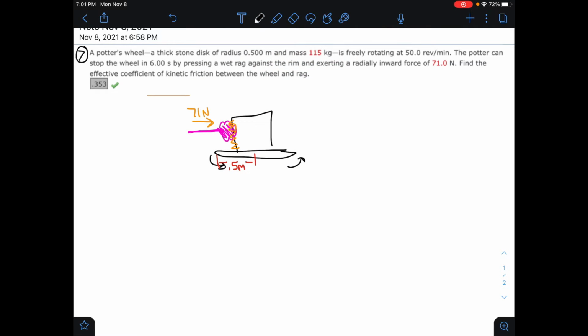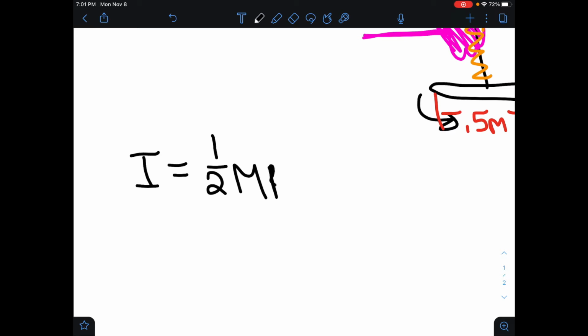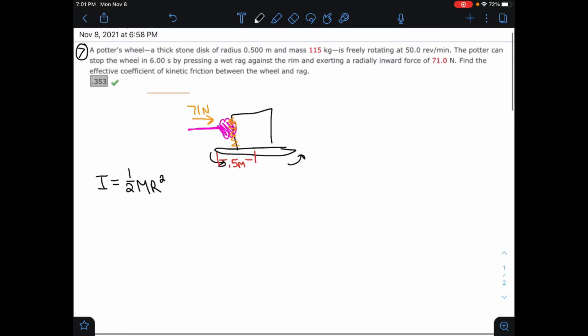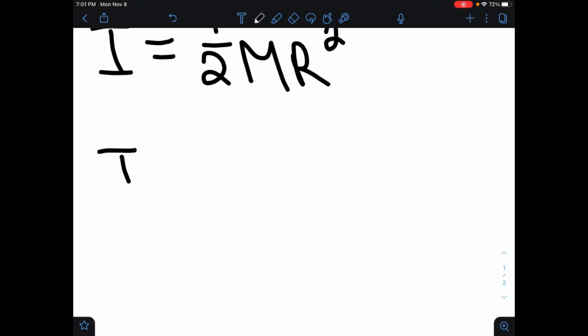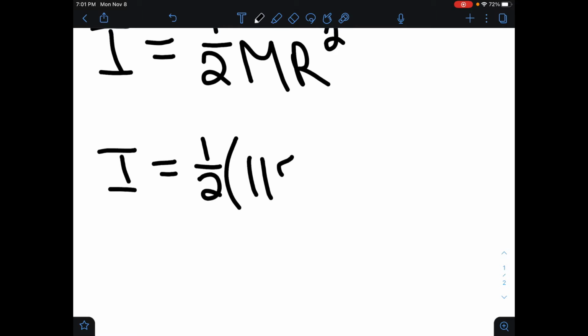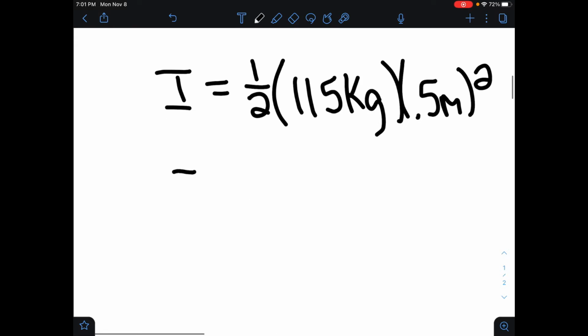Our equation is I equals 1/2 m r squared, because this is for rotating objects. And we're just going to substitute what we have. We have our mass, which is 115 kilograms, and our radius, which is 0.5 meters. So I equals 1/2 times 115 kilograms times 0.5 meters squared. So our I is going to be equal to